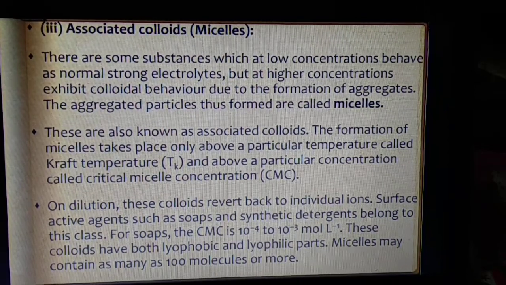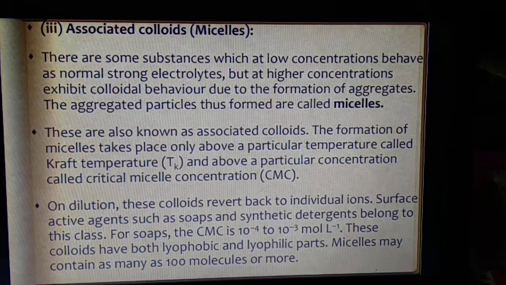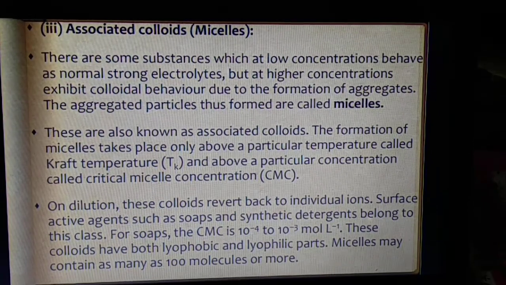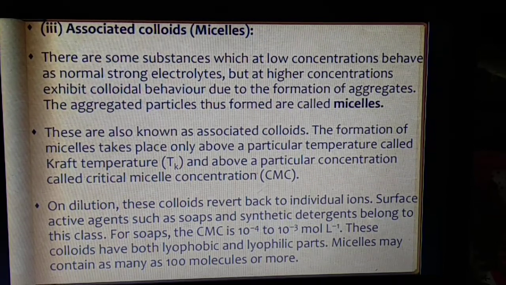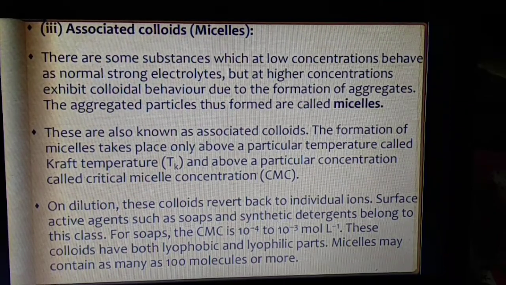They exhibit colloidal behavior due to the formation of aggregates, and the aggregated particles, students, are known as micelles. In this topic, two questions come most often: what is Kraft temperature and what is critical micelle concentration. The two definitions are written here. The formation of micelles takes place only above a particular temperature called the Kraft temperature, and above a particular concentration,